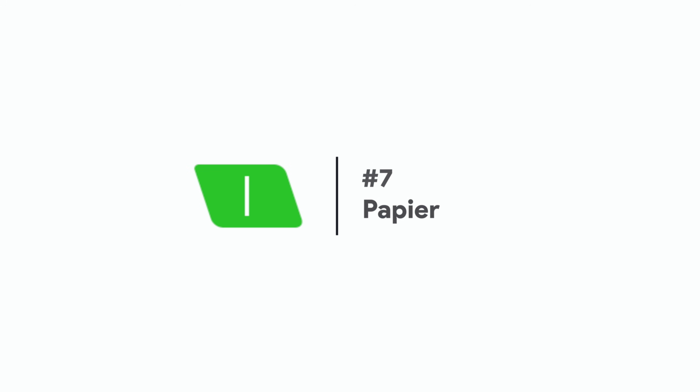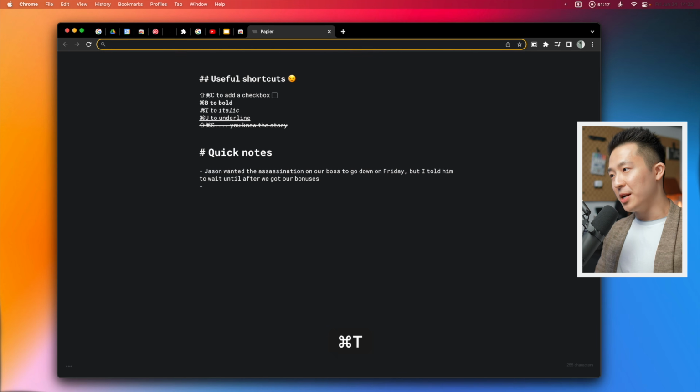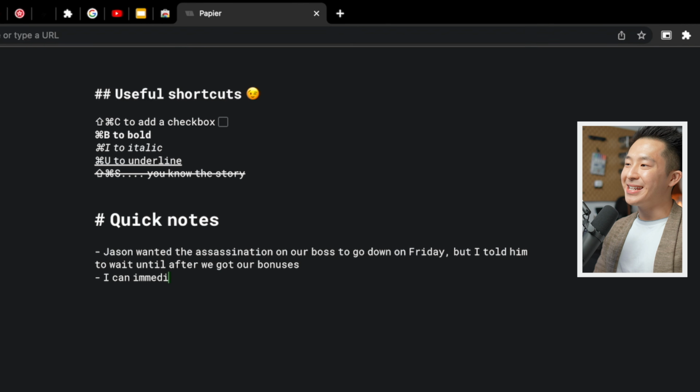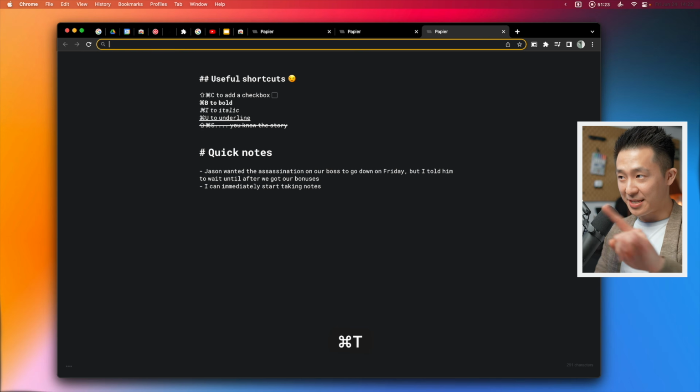Productivity extension number 7 has a controversial name because although I am convinced it is pronounced Papier, my more educated friends tell me it's Papier. This is basically a super convenient notepad because whenever I open a new tab, I can immediately start taking notes. And this syncs across tabs, right? I use this mainly on my work Chrome profile to capture random thoughts and ideas before organizing them into Google